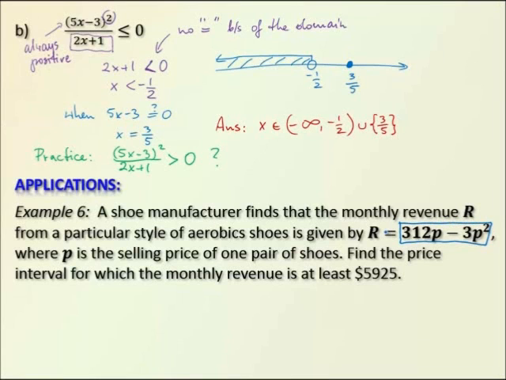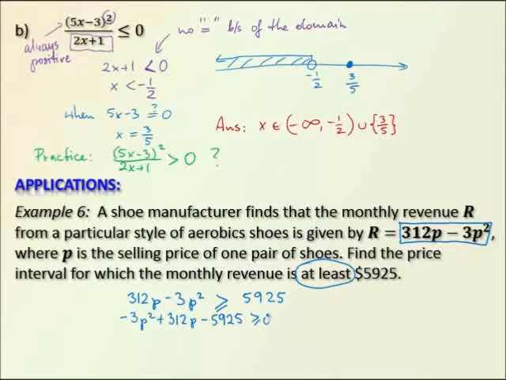We can take it and we can compare it to $5,925. The monthly revenue should be at least, means bigger or equal. So 312p minus 3p squared must be bigger or equal of 5925. This looks like a polynomial inequality. So if we bring everything to one side, we have 3p squared plus 312p minus